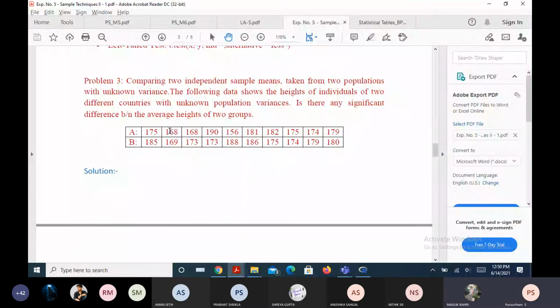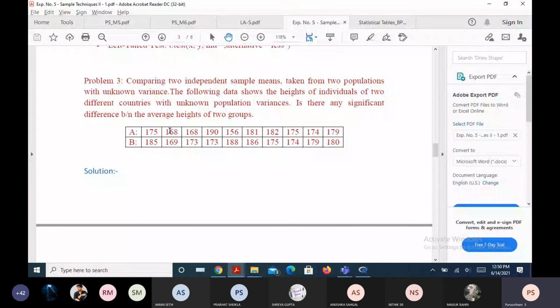Yes, sir. Now we have to compare the sample means in this question. Again, we need to compare the sample means, but do you have a single sample or two samples? Two samples, right? One is responsible for A and the other one is responsible for B. Yes, sir, so it is the two sample case. In the case of two sample data, you are supposed to use the formula equation 4 or equation 5 in my